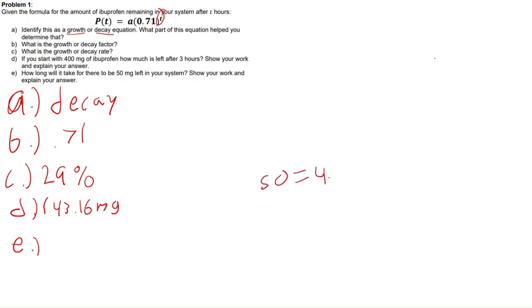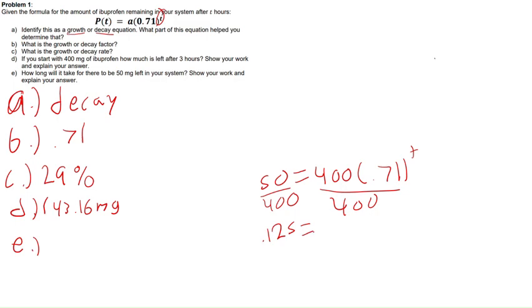I believe the initial value is still 400 since we're solving for t. This would be 0.71. This would be t. Then we can divide both sides by 400, and on the left side we'd have 0.125 is equal to